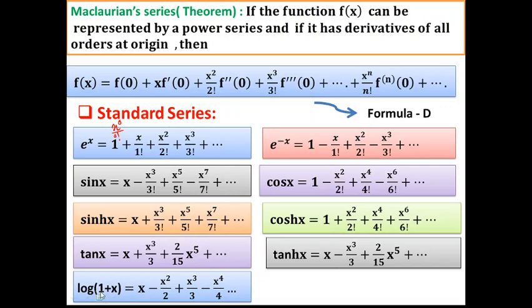Now then we have the next important series expansion. As I said, log x is not defined at x equal to 0, so a series expansion does not exist, but log of 1 plus x has an expansion that is given by this. Here it starts with x and afterwards you will find all the powers of x with alternate plus minus sign. Note one change: here the terms are not divided by factorial terms, right? It is divided simply by that power of x, that is x to the power 2, so we have 2, x to the power 3, so 3, and alternate plus minus sign.